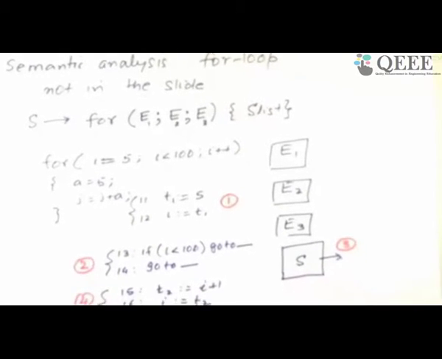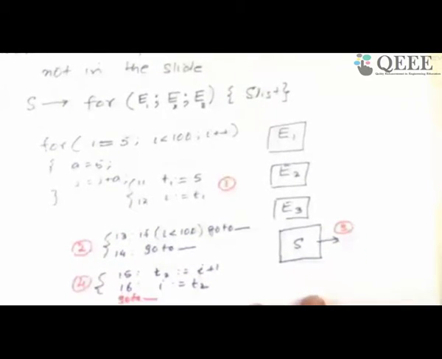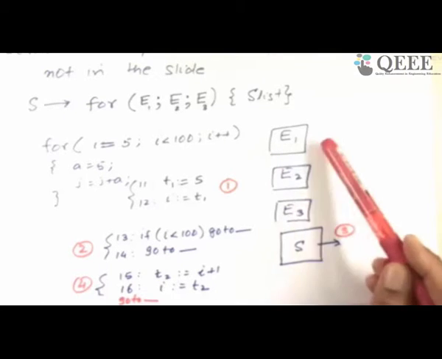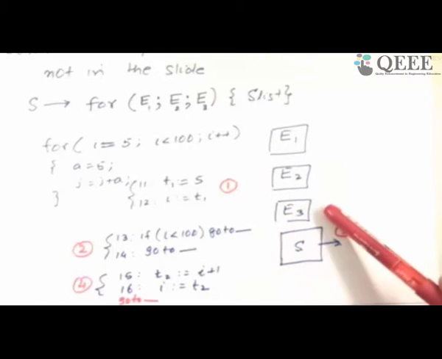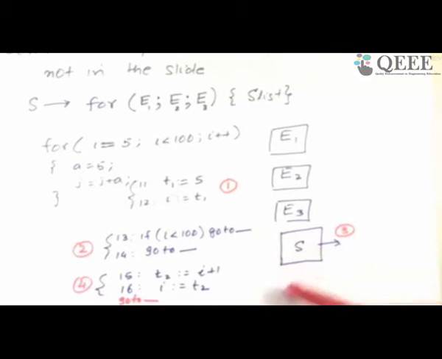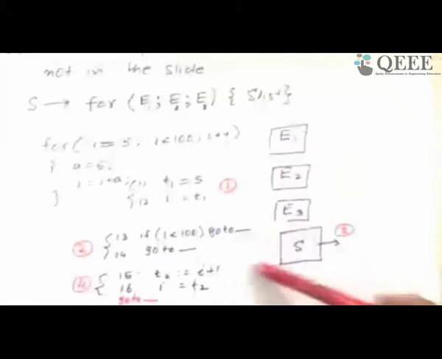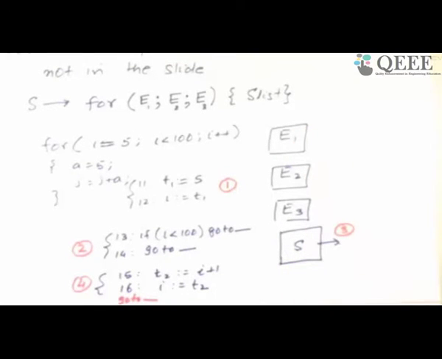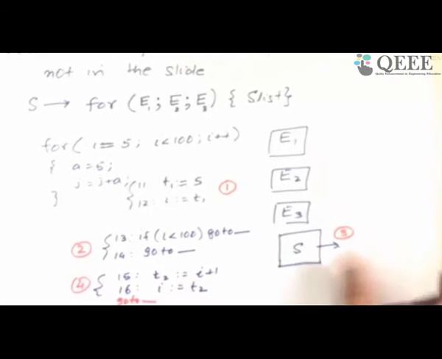Okay. So this I am going to now write in a much cleaner manner. If I can do this properly, then these connected pieces become the for loop of C. So that's the challenge. I am first getting E1, then E2, then E3, then S. And after I have seen all of the right hand side, what do I connect with these in order to get the complete semantics of a for loop?